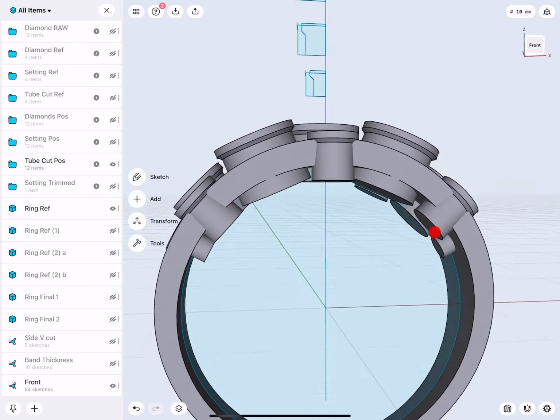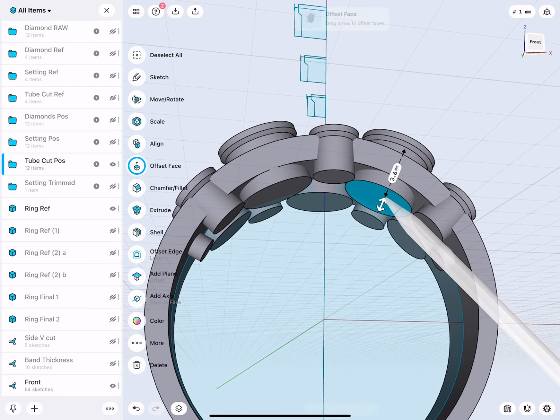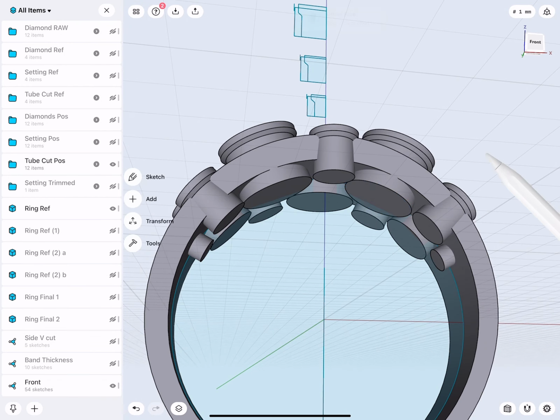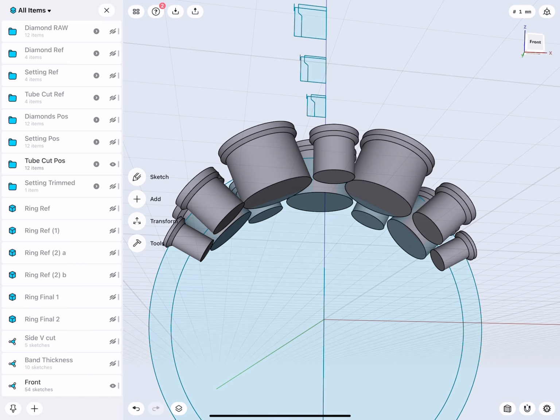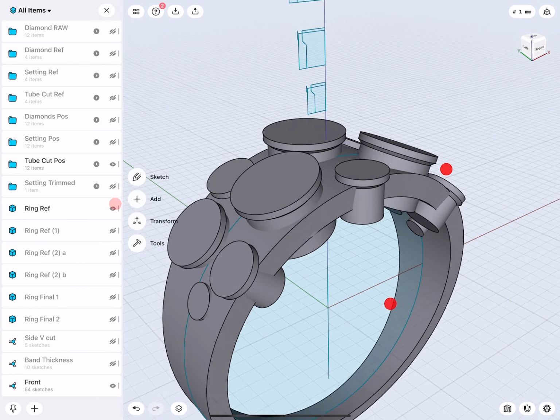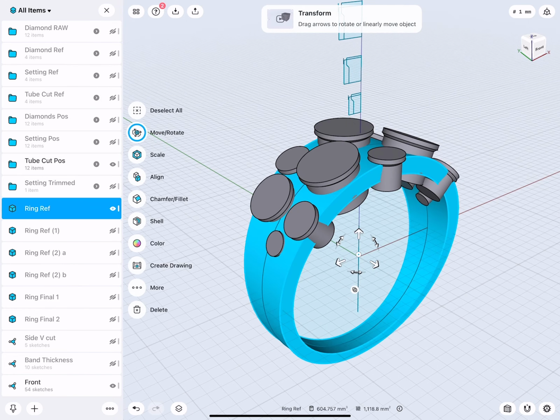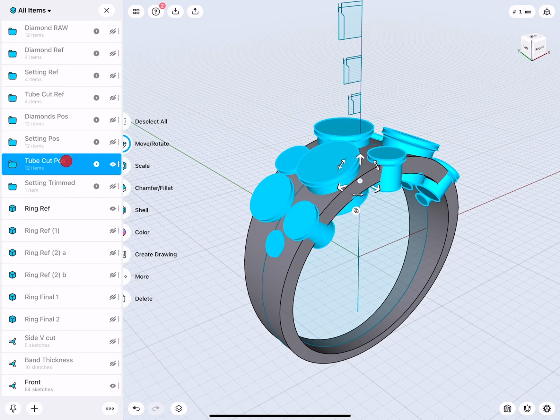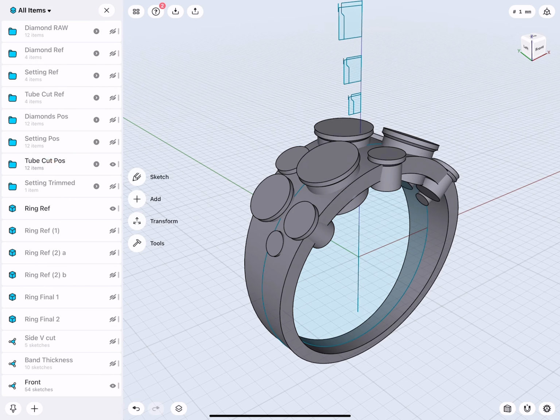Same deal also here, maybe. I needed to extend those down to make them a little bit longer. So now from this ring, I can remove all those. That's actually very easy.